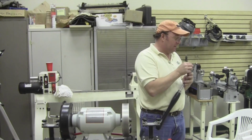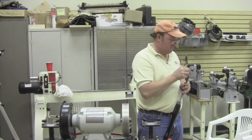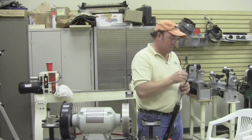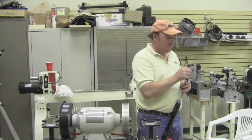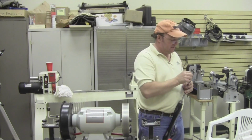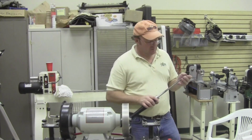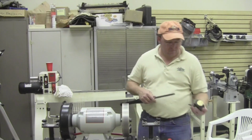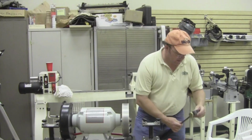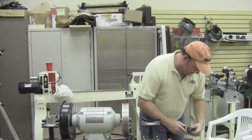The other point, though, is that if you're on the point, you'll be removing more material faster than when you're on the other side. That's right. So if you linger on the point too long, you'll end up grinding it away, and then you'll have to go back and grind the wings off again. And then what I'm doing, this one was so dull, I just wanted to hit the...